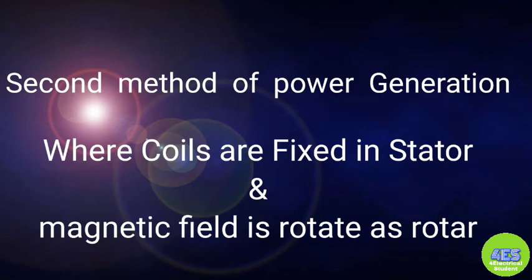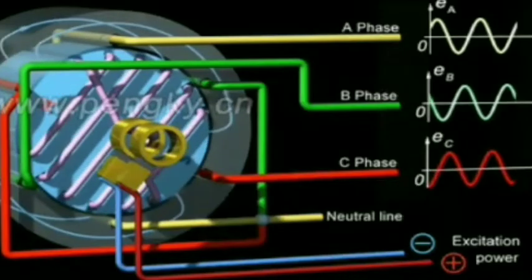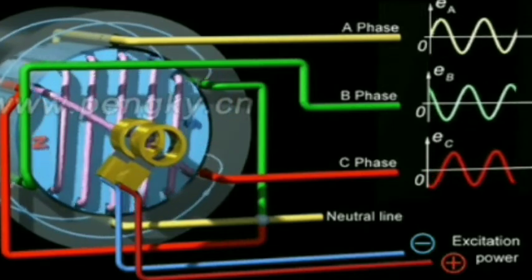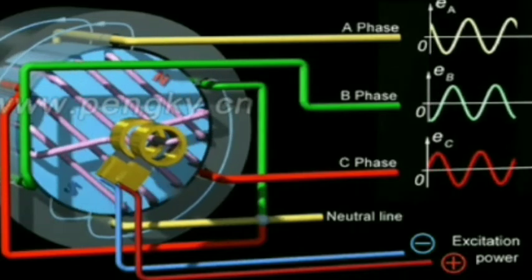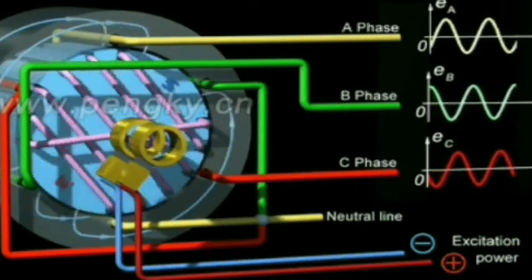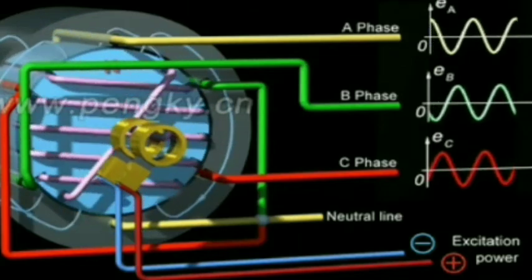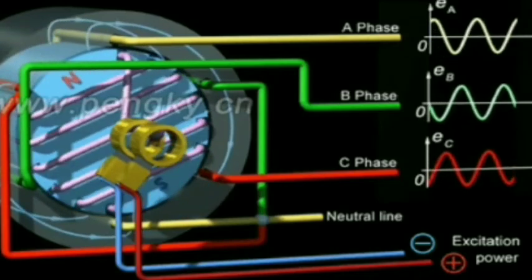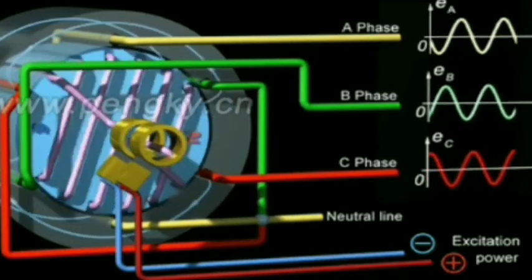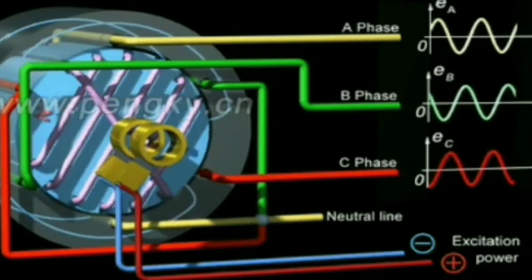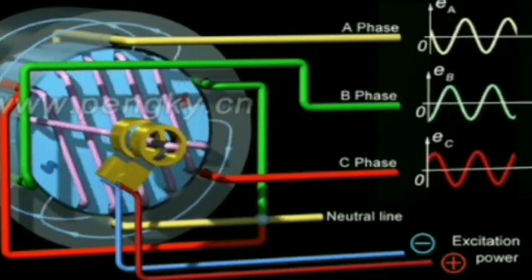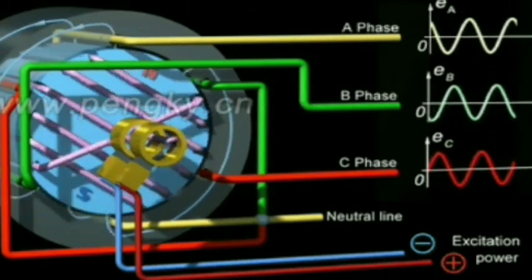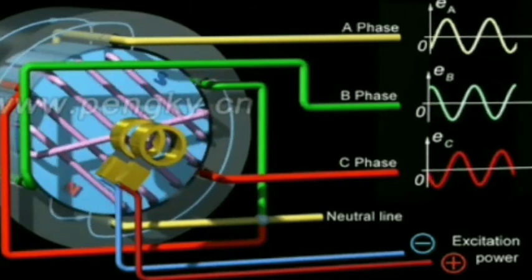Now we discuss the second method of power generation. In this module, you will learn on the same principle of Faraday's law of electromagnetic induction. Now, the three coils of the AC generator, that is three phase, are in the stator with a 120-degree phase difference, that is red, yellow and green, or ABC, and the magnetic field is in the rotor to make the magnetic field stronger.